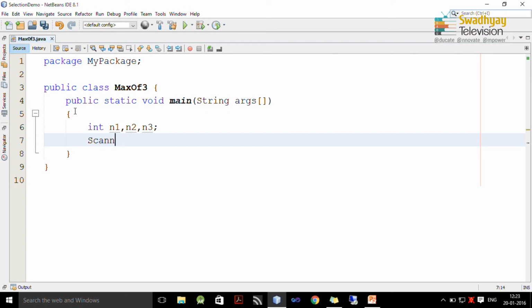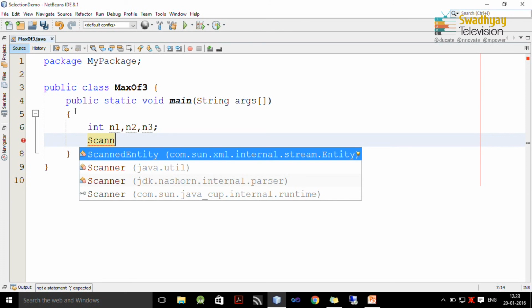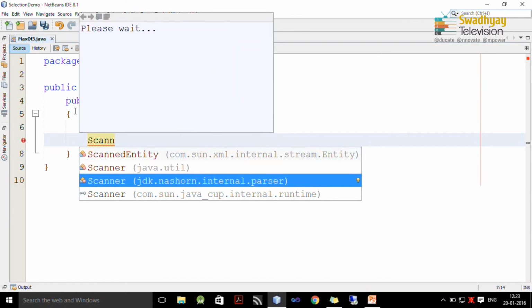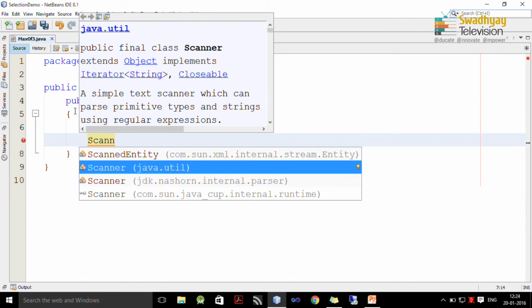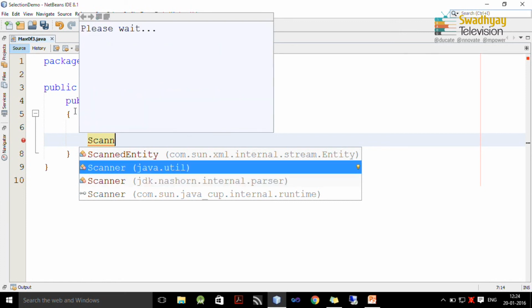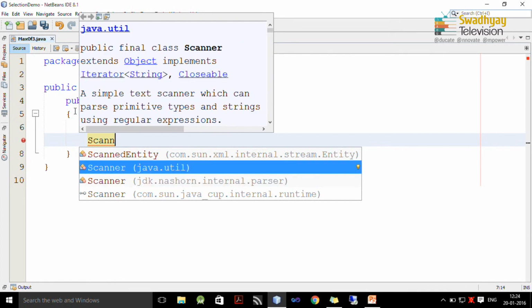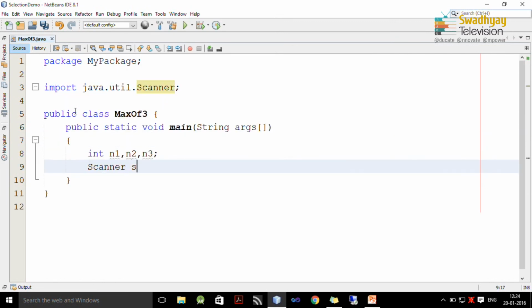To read data from the user by keyboard, we are going to use the Scanner class. By pressing control space bar, you can activate IntelliSense or help. From the list you have to select Scanner. You can see our Scanner class is from the java.util package, and after selecting the Scanner class, you press enter and you have to create an object name which is sc in our case.